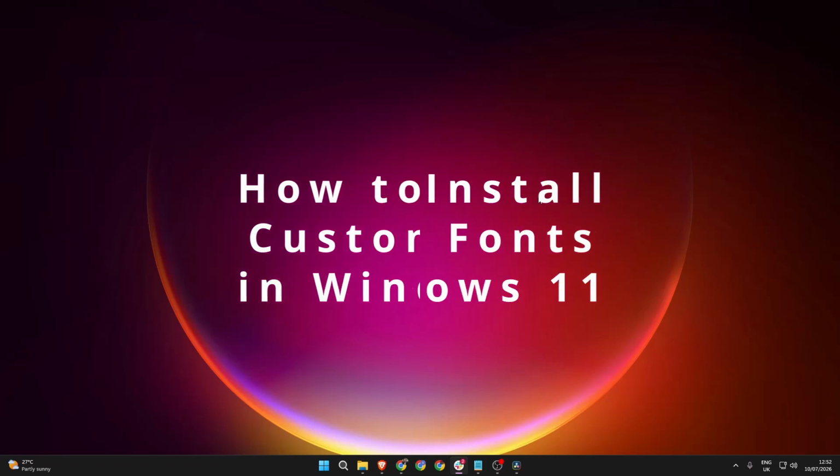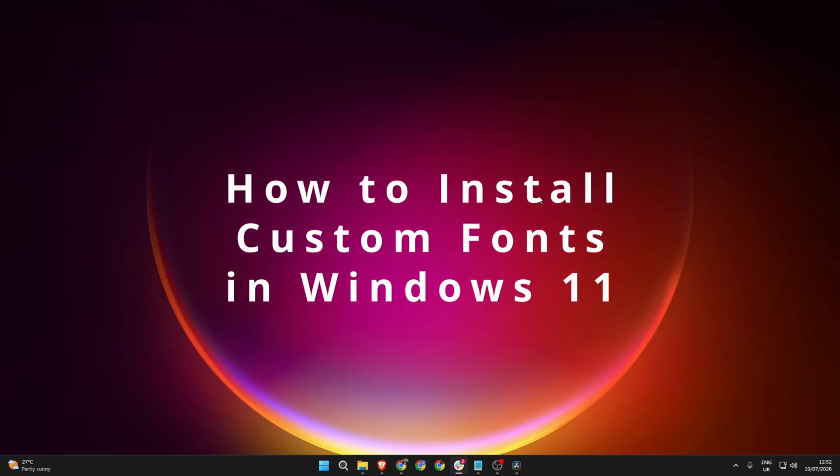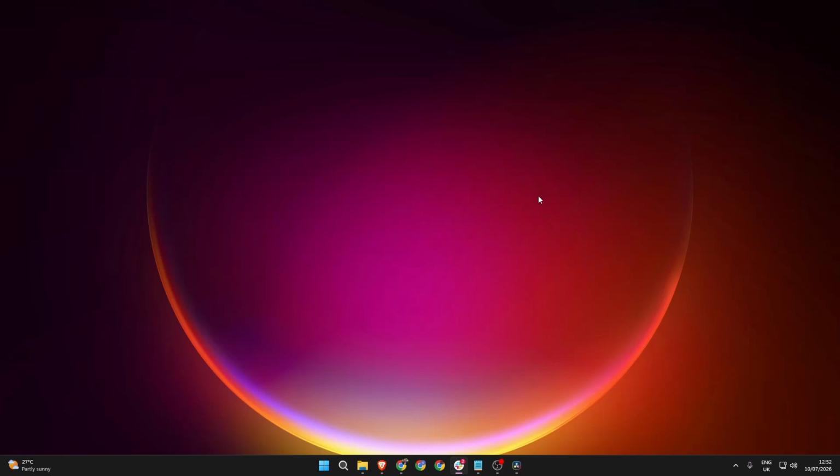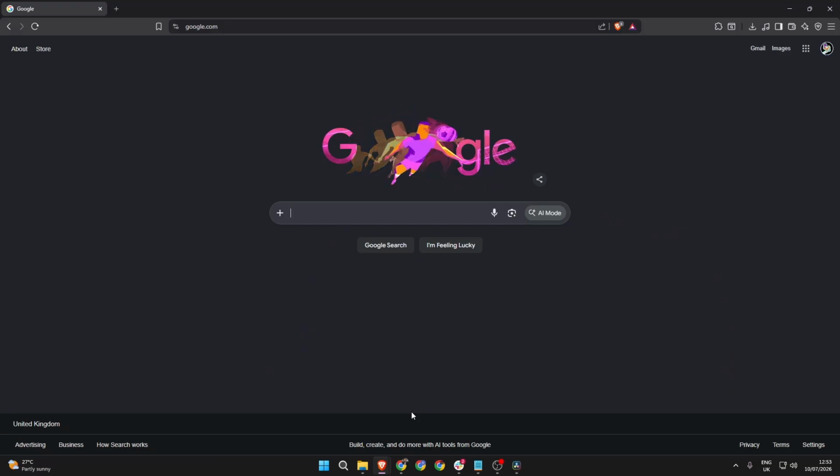I'm going to show you how you can install custom fonts in your Windows 11 PC or laptop. Once you've done this process, you'll be able to use these fonts on any application that is installed in your PC or laptop. So the first thing we're going to do is open up your preferred web browser and simply